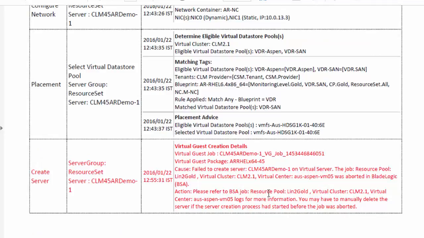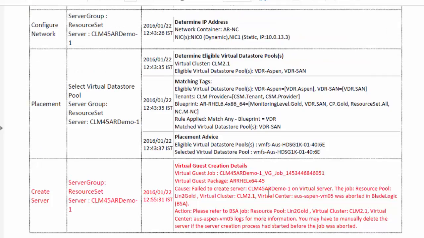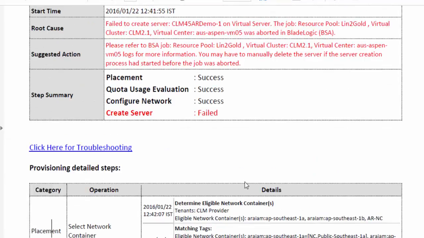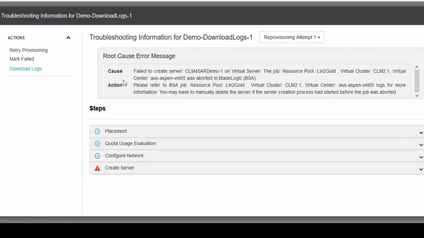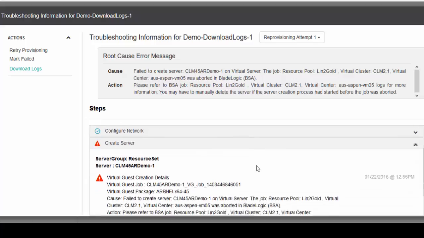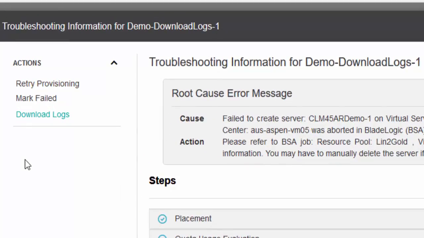Once you review the details from the notification email, you can use a link which will direct you to the troubleshooting section on the new cloud services console. So let's switch to that. And over here, you can see the same information like root cause, suggested action, and then the steps. And here was the step where the SOI failed. Here are the actions, and a few actions which we talked about in my previous videos. Here is the last action